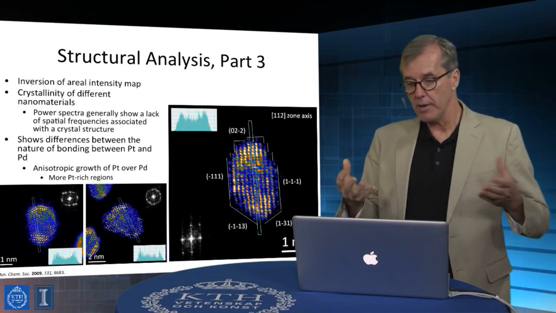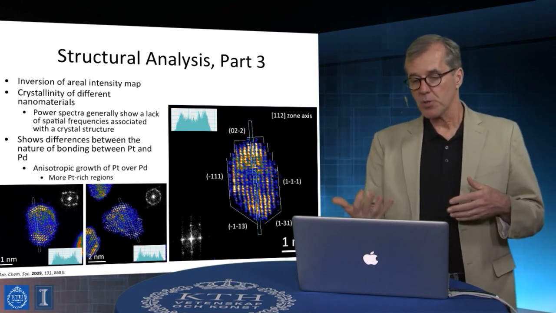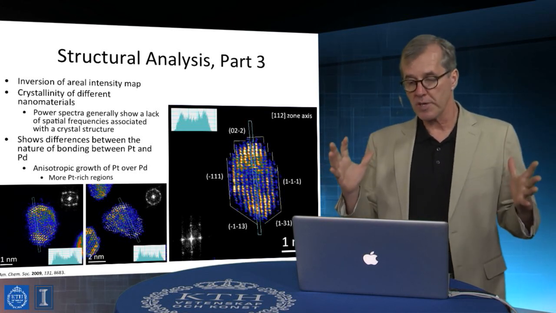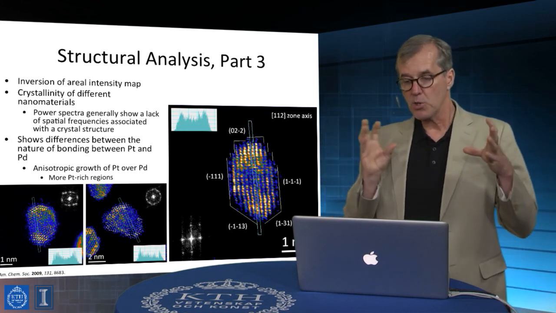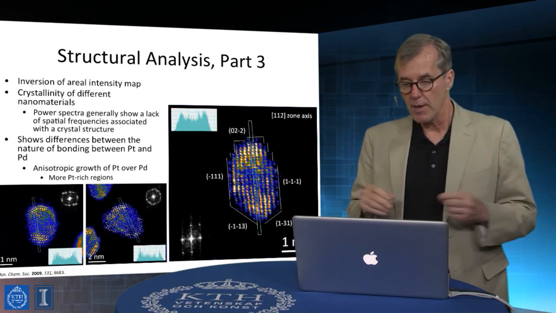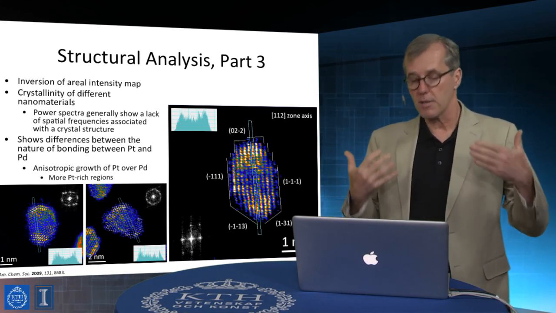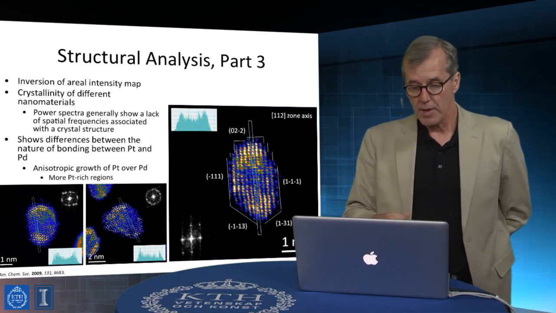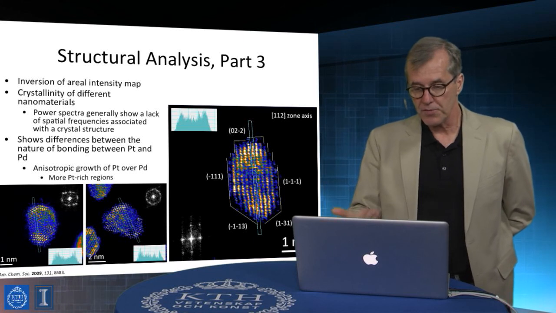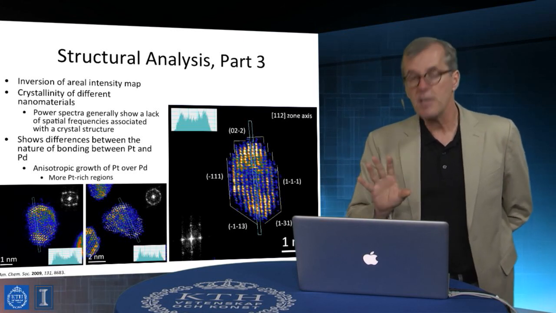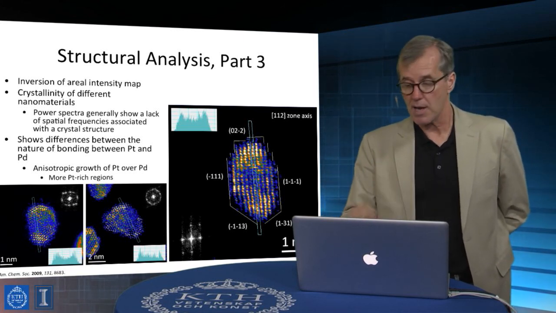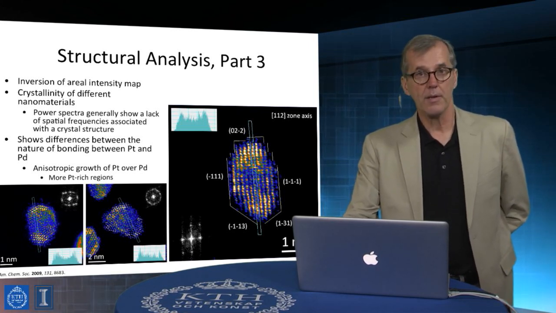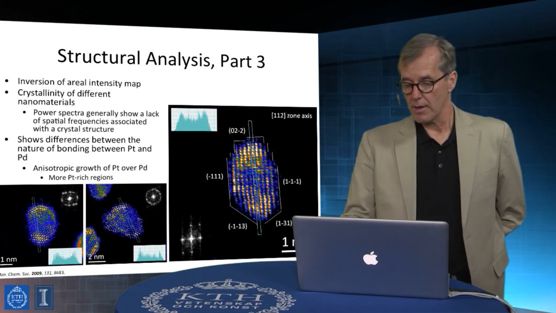So now we can not only say this cluster is oriented along a certain direction, but we can also define all the truncation planes of the crystal, tell you where the particular atom types are, and tell you the numbers of atoms of each type that are present within the cluster. Palladium and platinum are sufficiently different that it's easy to distinguish them by this Z contrast form. Okay, this is all done via high